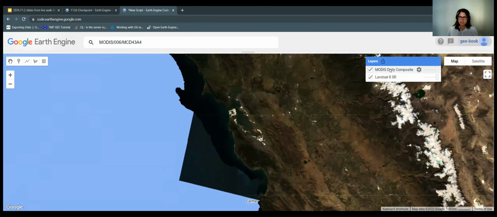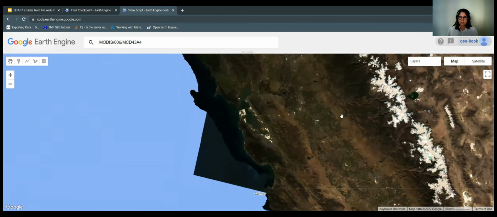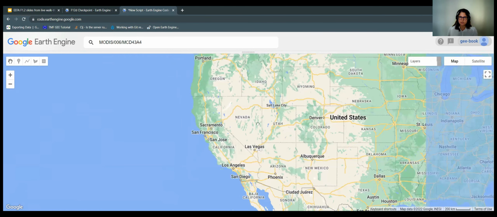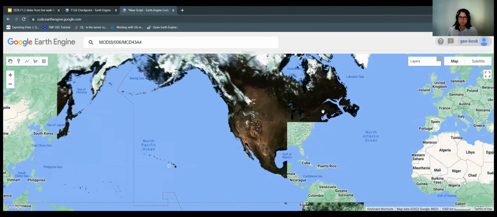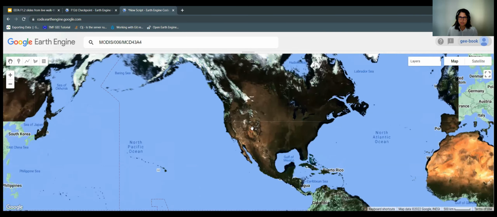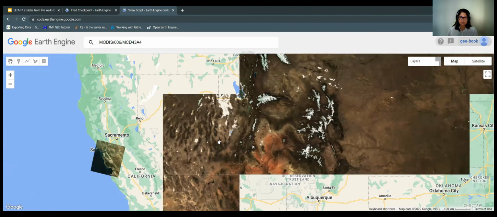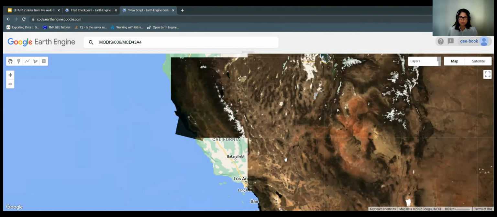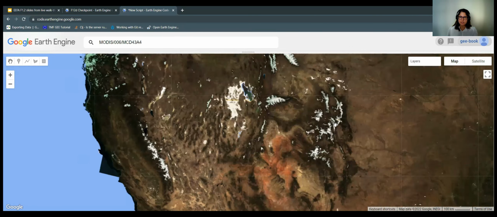And you can see that if I turn off this MODIS layer that I have just added to the map, this is the image we had, a surface reflectance image from Landsat. And if I turn this on, which is the MODIS daily composite, you can see it's a composite. It'll take a while to load for the entire globe, but you can see that it's a pretty clear composite, you can say. So most of the clouds have been removed or masked, but you can see, for example, here